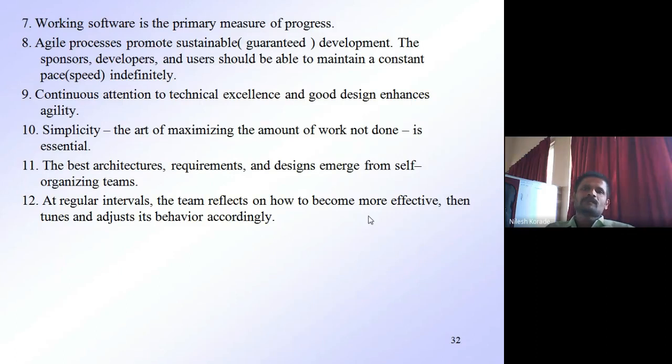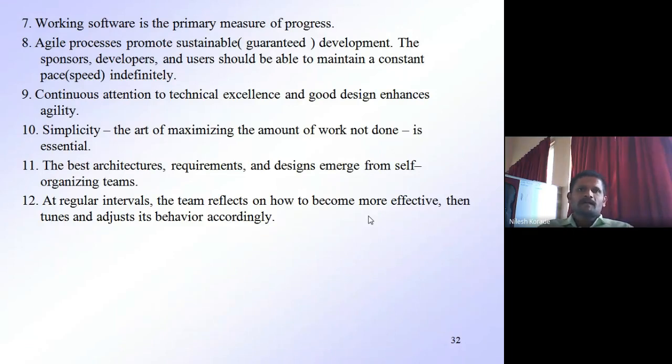So the people who are working in your team must be self-organizing and self-motivating. If you don't need to be motivated by other people, your higher management or top management, then we will work well on software development. So this is an important principle of the software development process or agile development process. The people who are working in your team must be self-organizing and self-motivating.